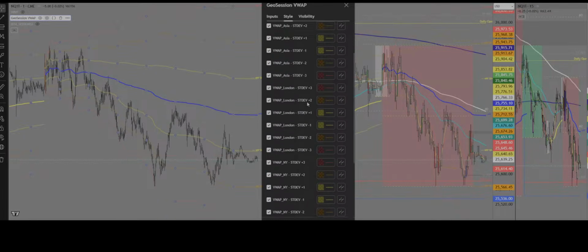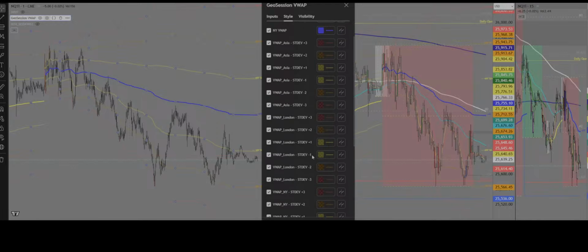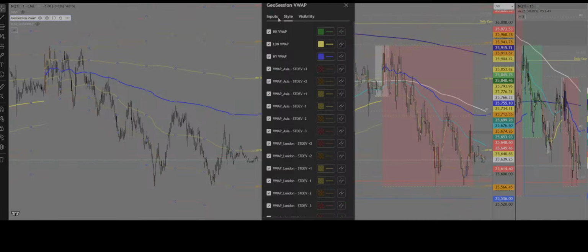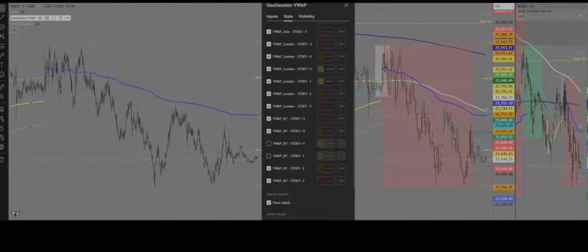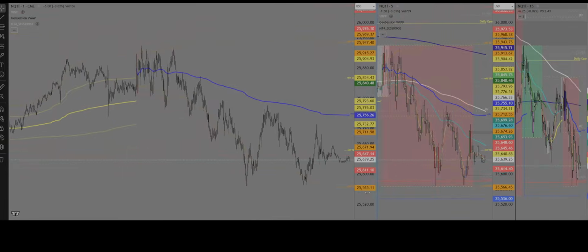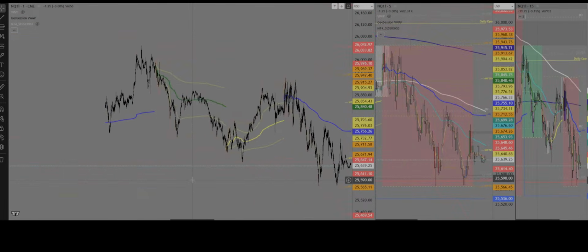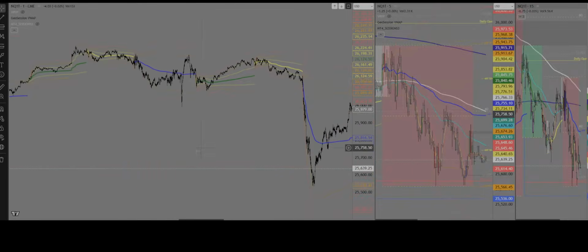It's the whole point of this session. New York 1 and 2, we're gonna get rid of those. Okay. My entire point of this backtesting is to see